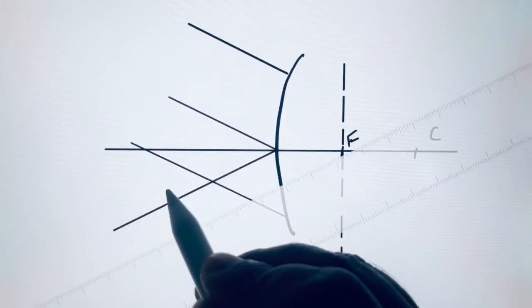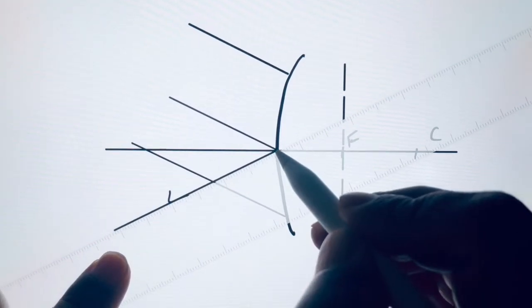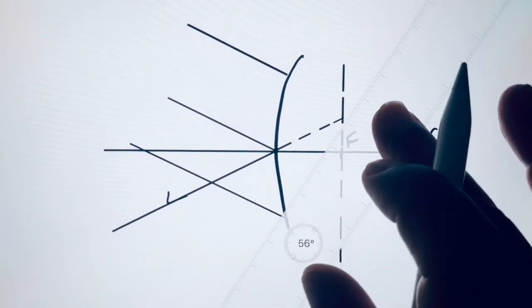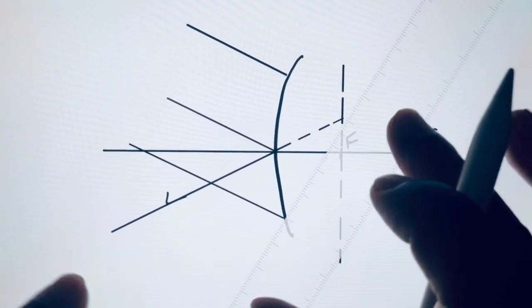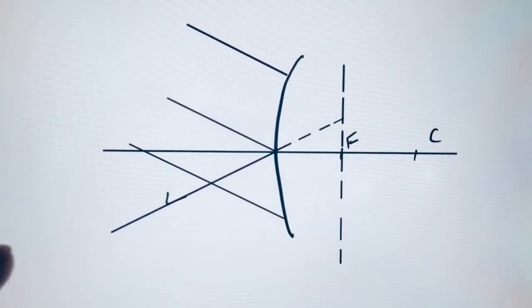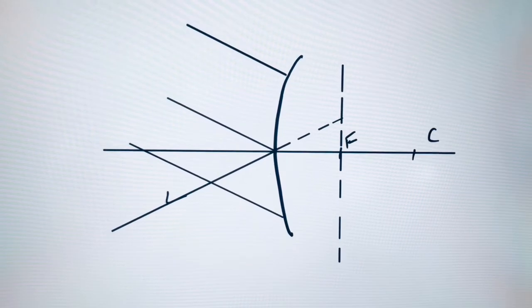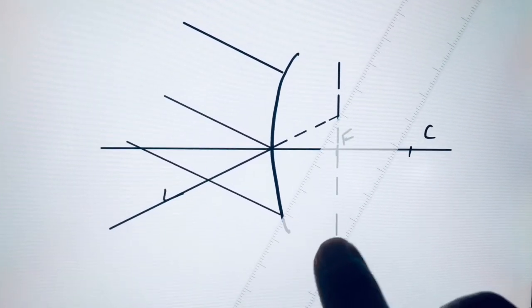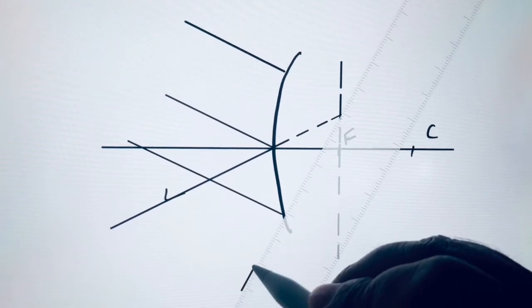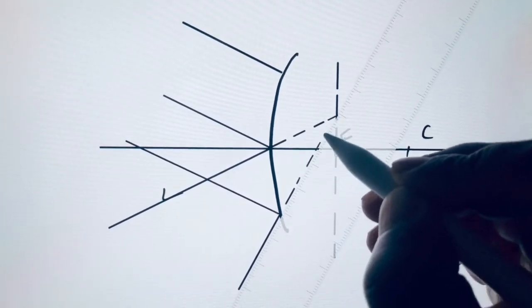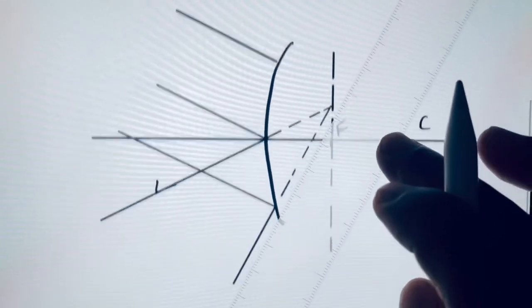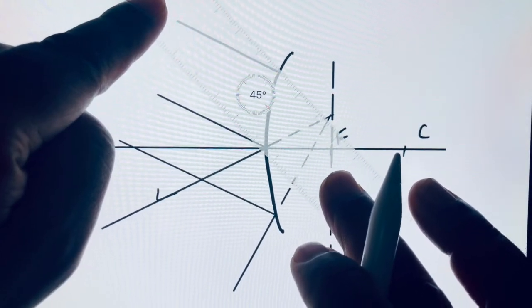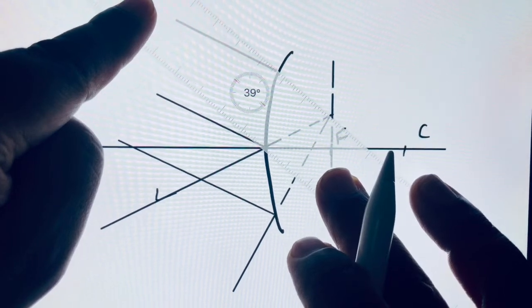But as they diverge, all of them will appear to come from a point on the focal plane.